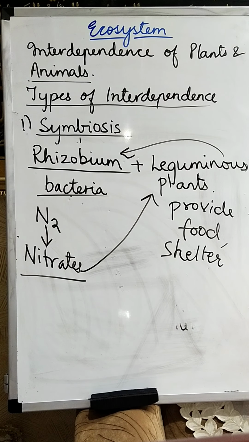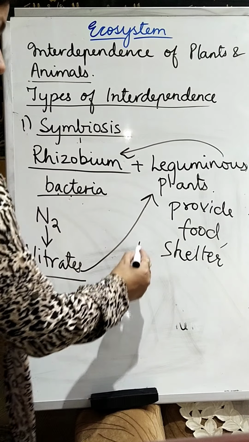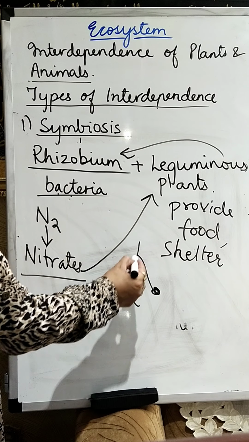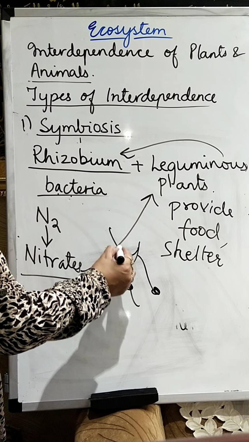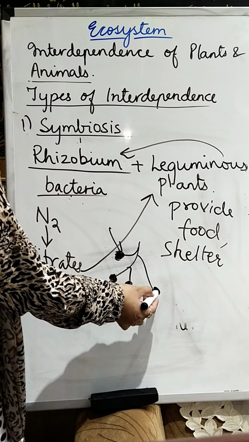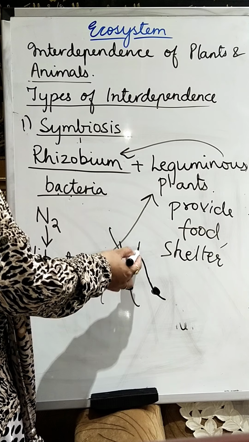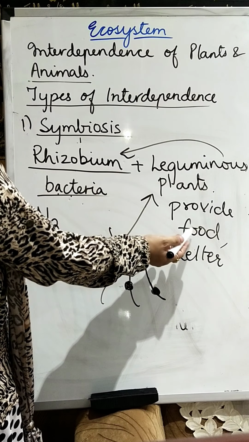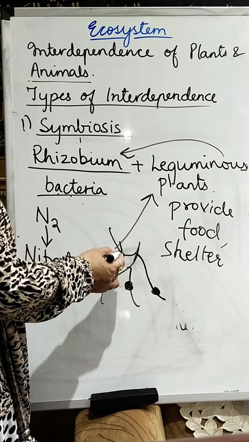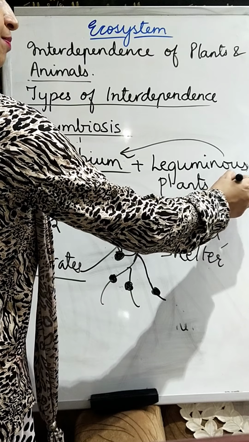These rhizobium bacteria live in the root nodules of leguminous plants like this. These are the nodules. Here these bacteria live and fix the atmospheric nitrogen so as to convert it into nitrates, and these nitrates are taken up by the roots, and in return the plants provide food and shelter to these rhizobium bacteria. Leguminous plants like pea,